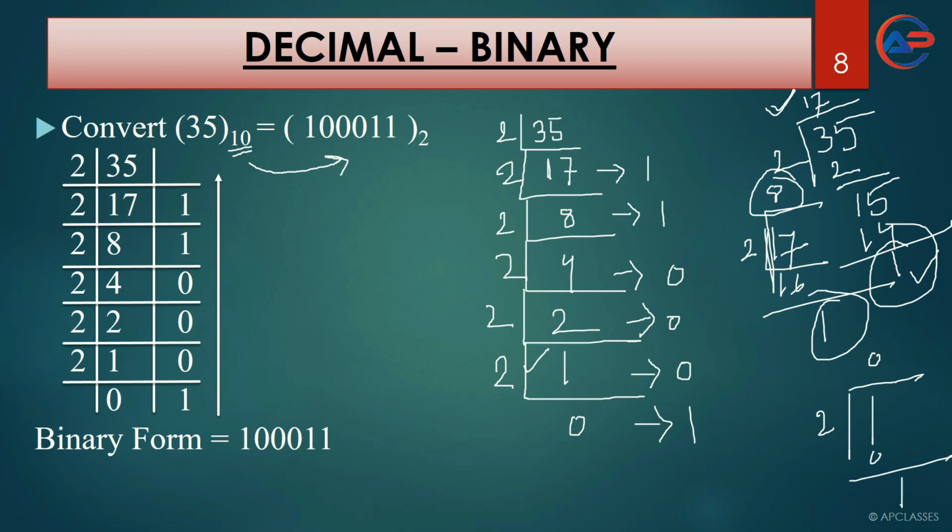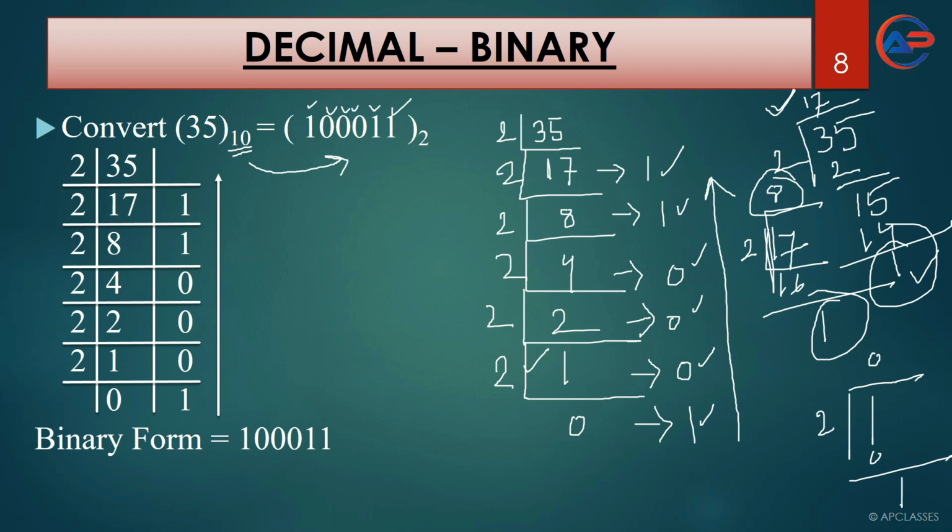And do not write from top to bottom. Rather, we have to consider the remainders from bottom to top. Bottom to top means the first number we get from the bottom is 1. Here you can see we have written 1. Then 3 zeros, you can see that 3 zeros are written, right? And then 2 ones. So this is how we can convert a decimal number to a binary number. We continuously divide by 2 and note down the remainders. Once we complete the division process, we consider the answer from bottom to top.